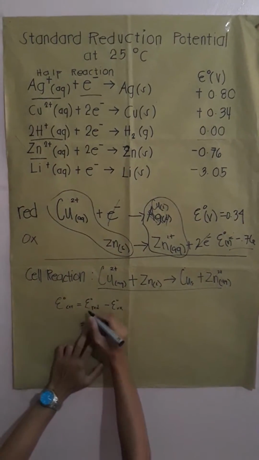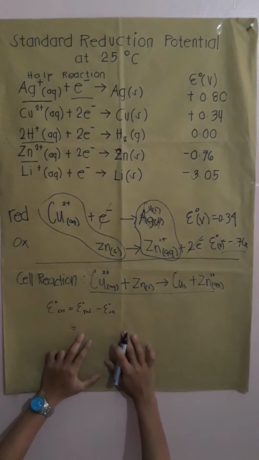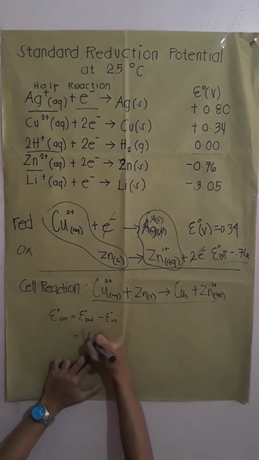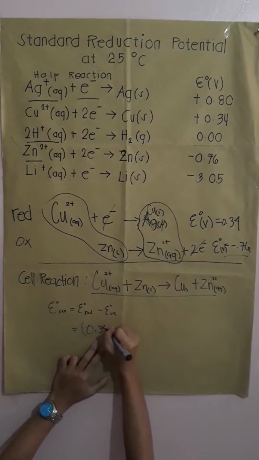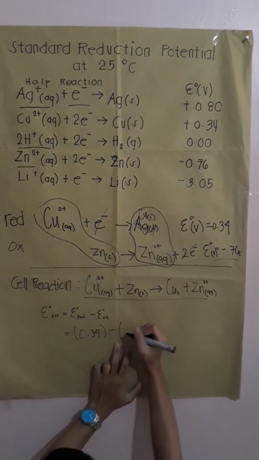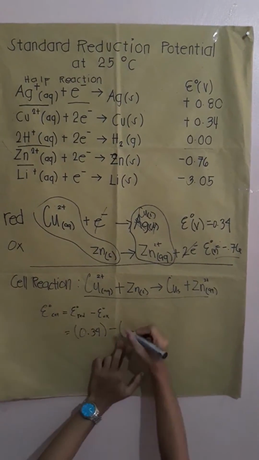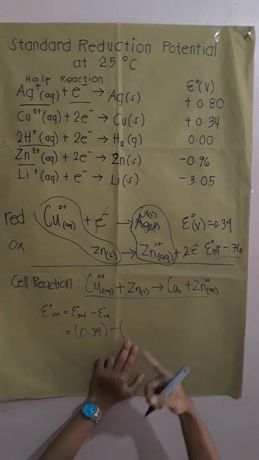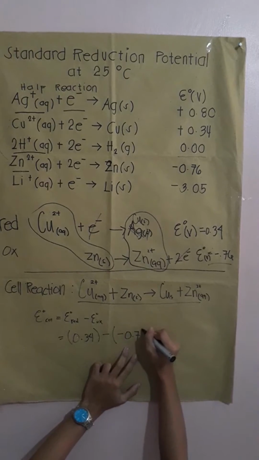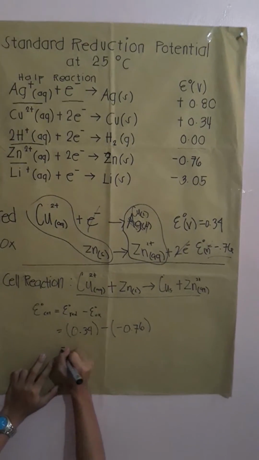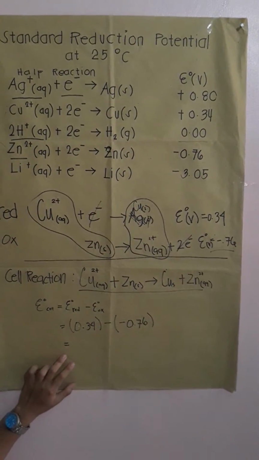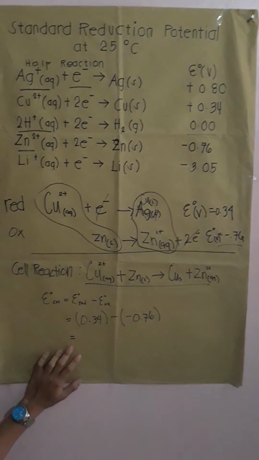So the standard reduction potential of the copper is 0.34, which is positive, minus the oxidation, which is the standard reduction potential of zinc, which is negative 0.76. The total of this standard reduction potential of the cell reaction is